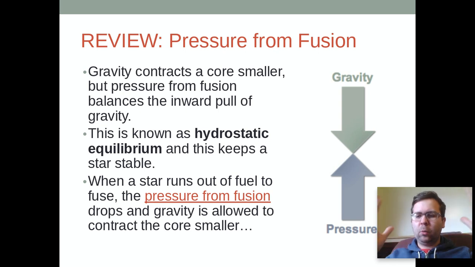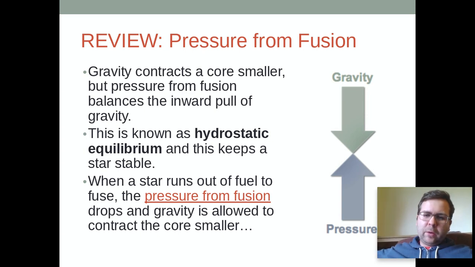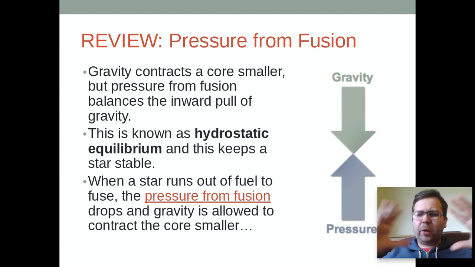So usually when a star dies, the star is really big and the core is really, really small right there in the middle. Usually the outer layers will fall into the core, bounce off that core, and explode. For a low mass star, we call it a planetary nebula. For a high mass star, it's called a supernova.